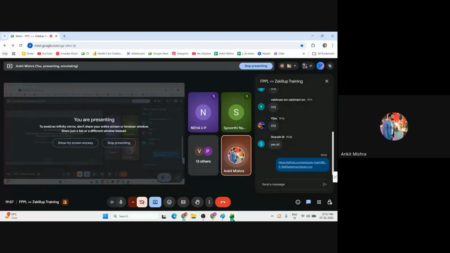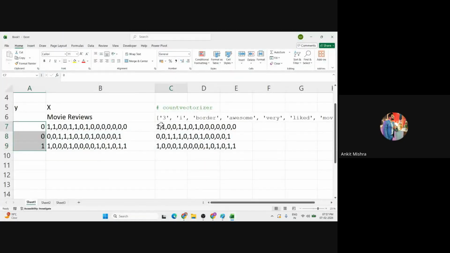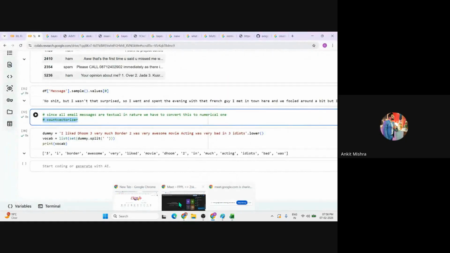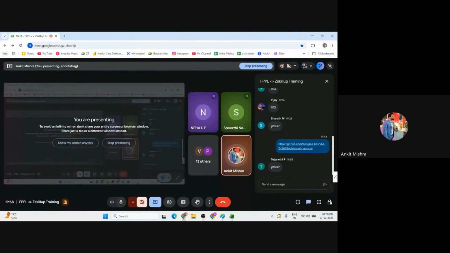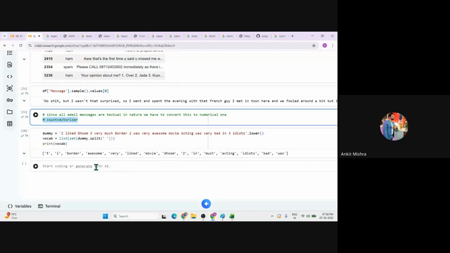And this technique is called the count vectorizer, where we don't need to convert manually. We have some sort of module for that, and that module is the count vectorizer itself. We have to call this module with the help of the sklearn module. Then we'll start. Tejaswini, very good, right? Now let's understand how to do this instead of doing this manually.